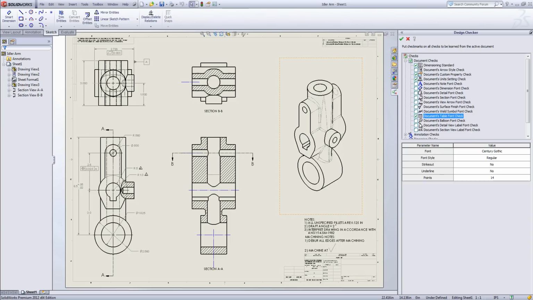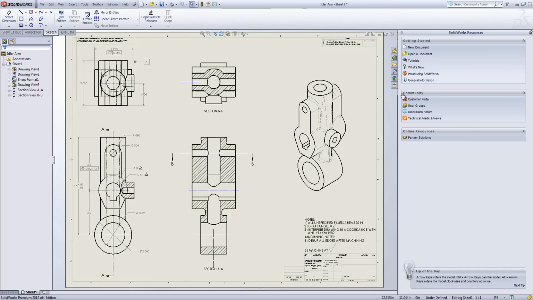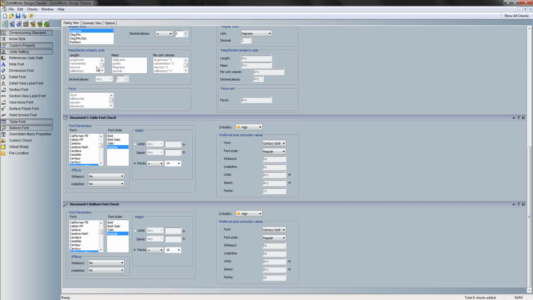If it's just a general drawing, we can pick up things like your table font and your balloon font that we're using. Okay. You can go in here and you can choose any of these other items for annotations. I'm going to pick up things like layers in here to pick up any layers that have been used in the document. Okay, so hit the tick and then you should go through and it automatically brings up the design checker build